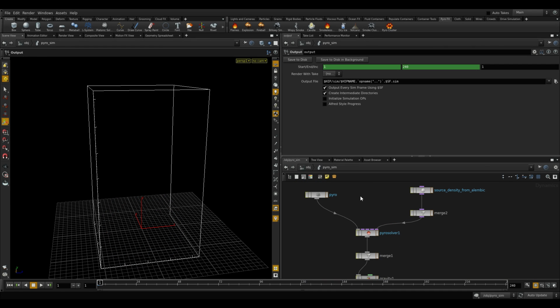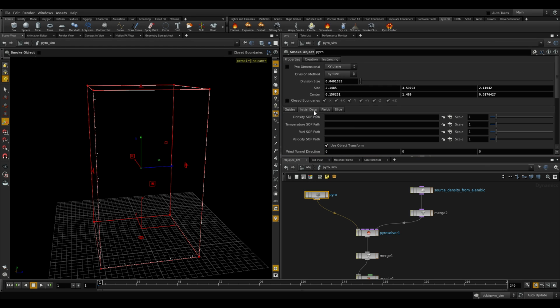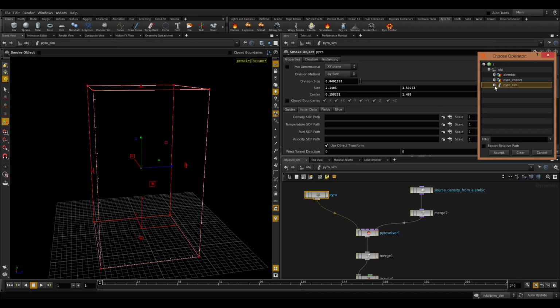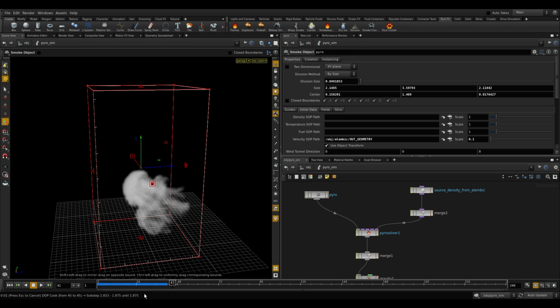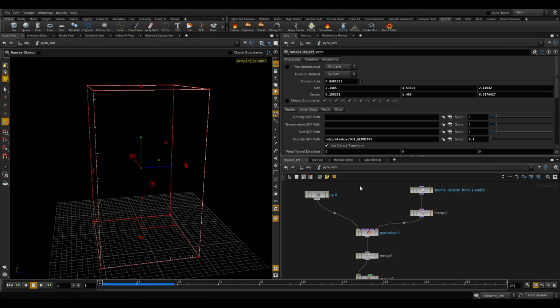Alright. On the Pyro node, the first thing I'm going to do is the velocity swap, initial data velocity swap, and I'm just gonna go to the geometry output and change the scale to something really low, something like 0.1 should work. Alright, as you can see now, if we scrub, when my geometry enters this box, it will simulate the smoke, but the box is not fitting correctly,